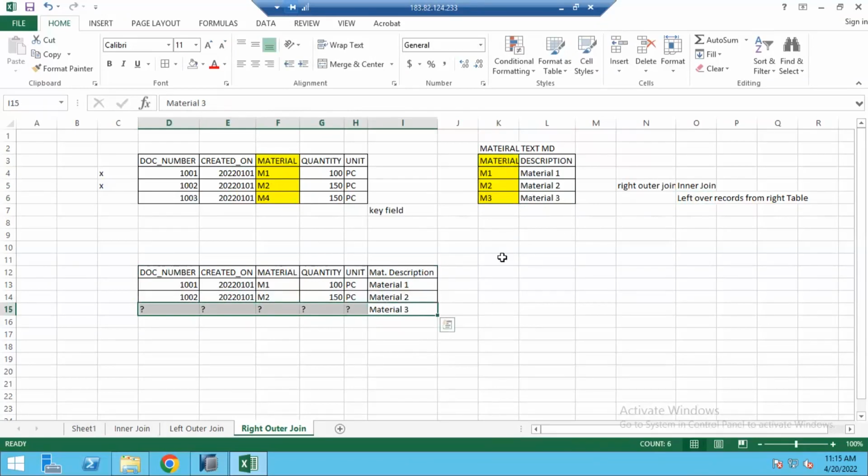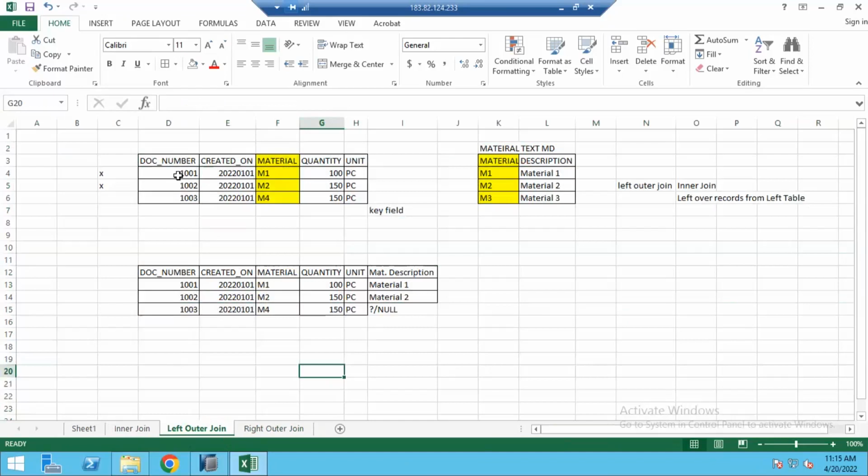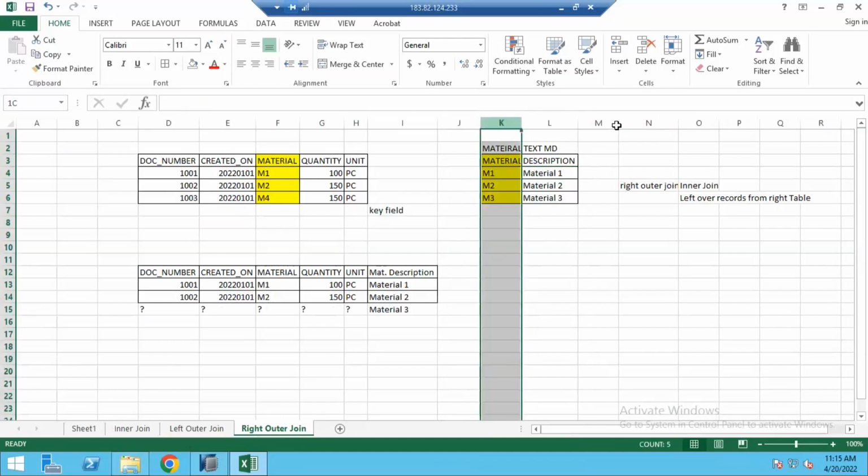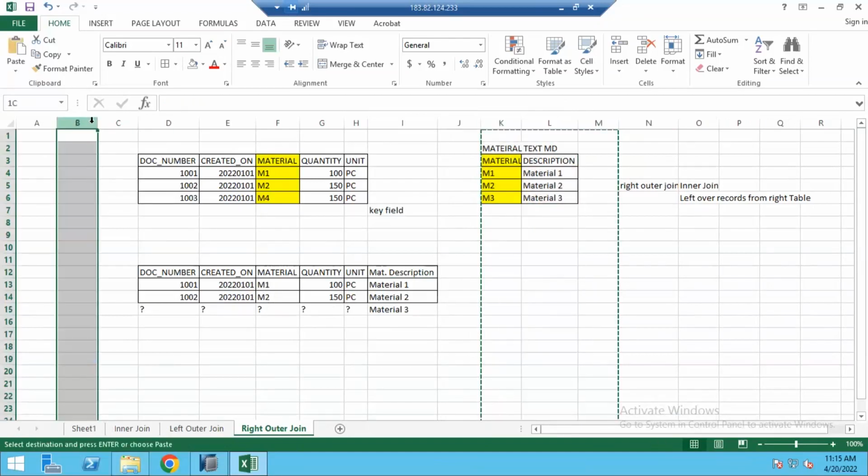So when a right outer join is happening, the system doesn't process from the left-hand side; it starts processing the output from the right-hand side. Earlier, when we were learning left outer join and inner join, we thought: for the first record we have M1, so take the corresponding record from the right table and bring the material M1 information. But for right outer join it is not the case. Our priority table is this one, so this table will come to this side